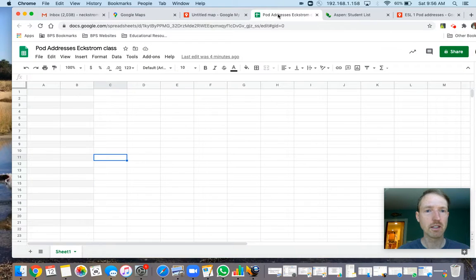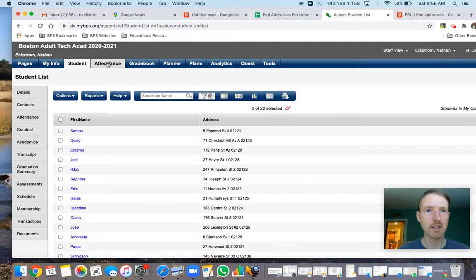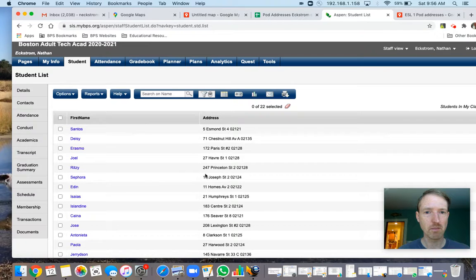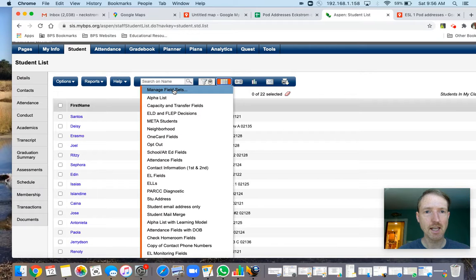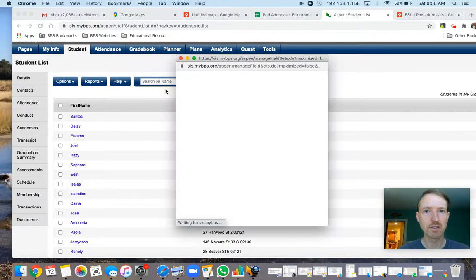You can create your own Google Sheet. I called mine Pod Addresses for Ekstrom's Class. And it's pretty easy to import the data directly from Aspen. So what I did is this is a list of all my students, and I isolated their first name and their address. The way that I did that is by going to Managing Field Sets,